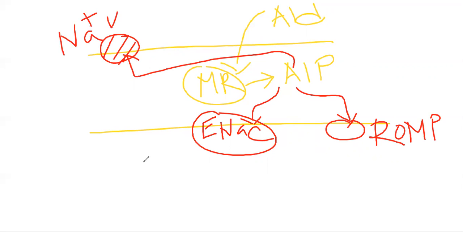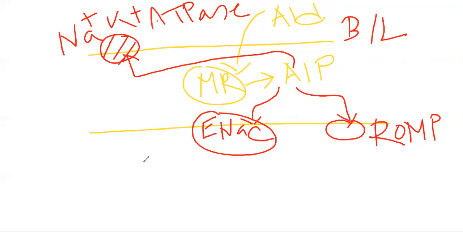So increased sodium potassium ATPase pump expression will occur at the basolateral site, and at the apical lumen of the renal tubule, it will help to synthesize the epithelial sodium ion channel as well as